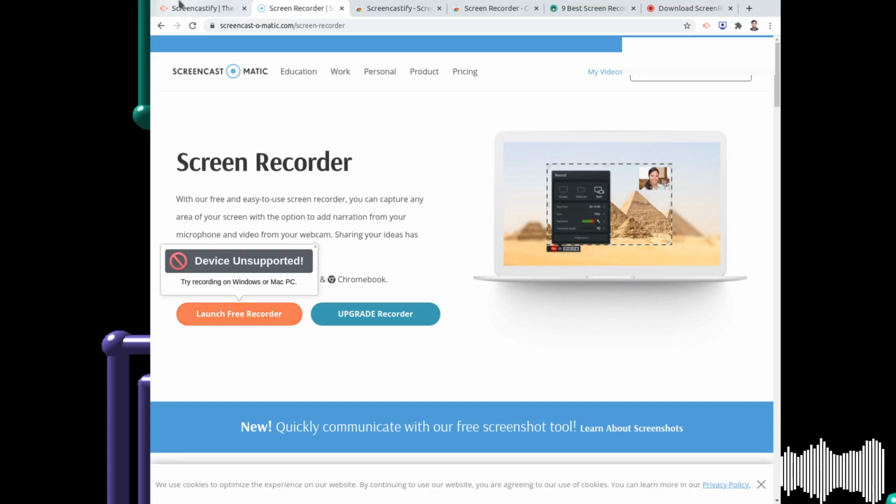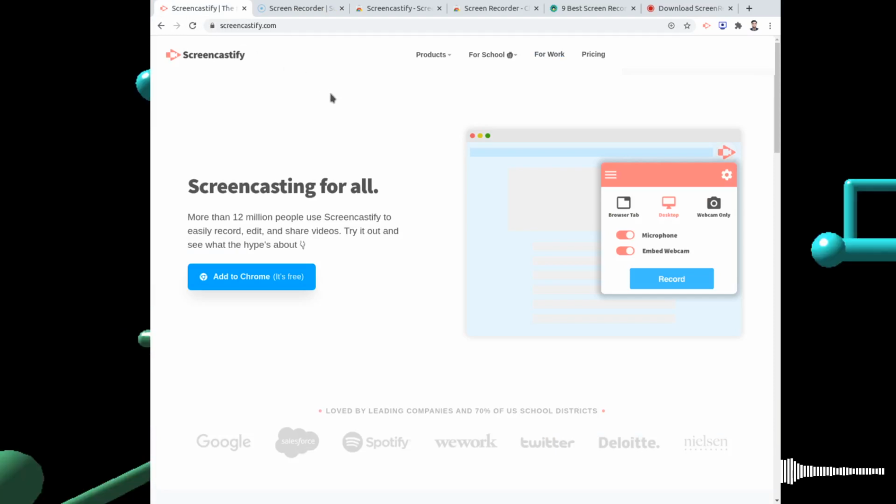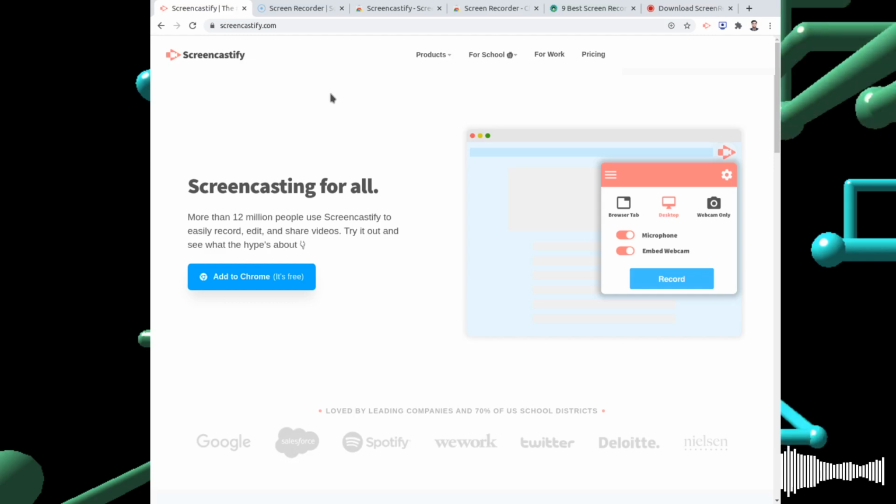Okay, and if you try for a different solution, we do have Screencastify, but with Screencastify we don't have the amount of features that we require in any screencasting software.